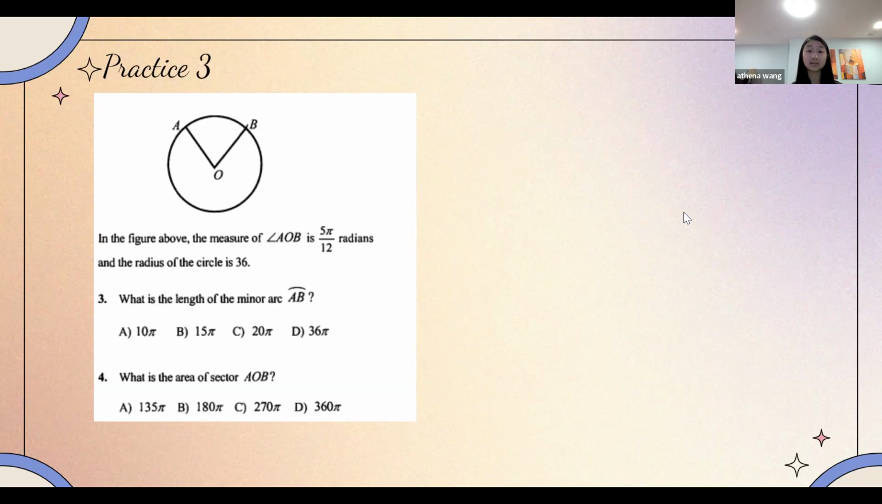Okay, so let's go over number 3 first. We're trying to find the length of this minor arc AB. From before we learned that the length of our arc AB over our total arc of the circle, which would be 2 pi,